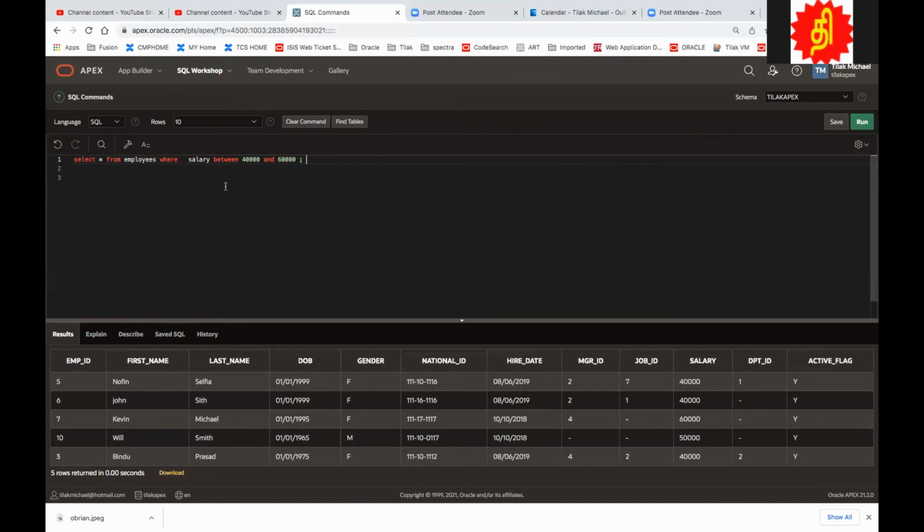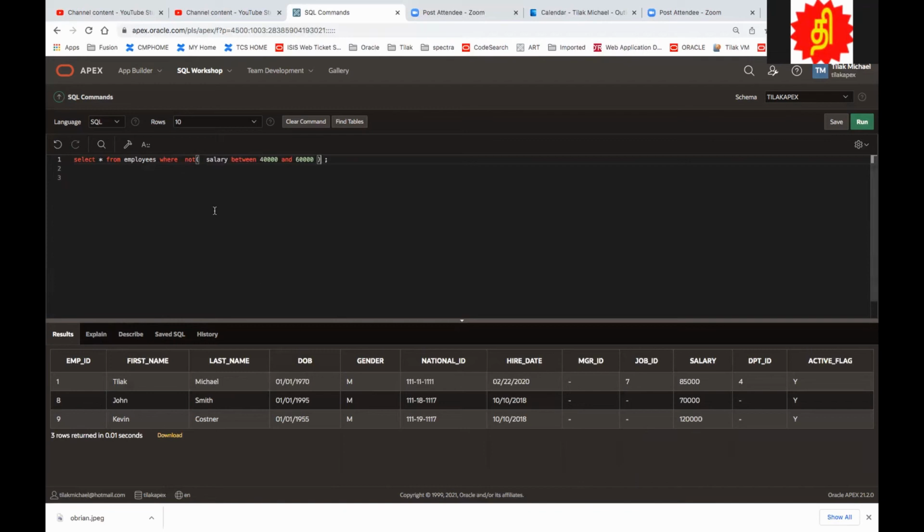You can also say NOT BETWEEN here, or you can also say NOT here. Either you can say NOT here, or you can say NOT BETWEEN. Here the NOT is as good as telling that the condition, basically the WHERE clause, at the end of the day has to return a Boolean, true or false. What NOT does is, if it is coming false, it turns into true, and true turns into false. That's what it is. It is the same as putting NOT BETWEEN. There's no difference. Either way you can use that.